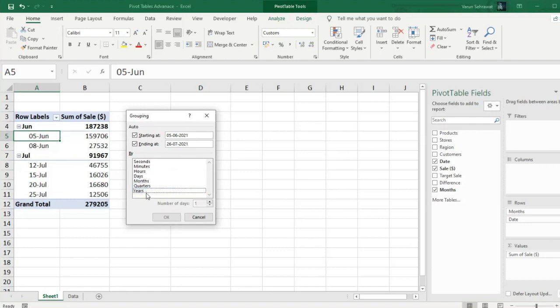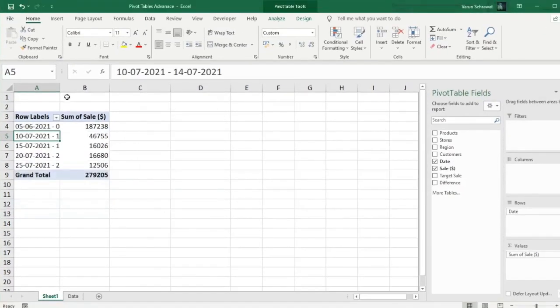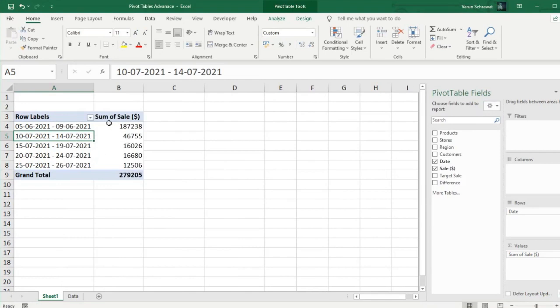For example, I want to see my data by every 5 days. So select days and here number of days 5. Click OK, and here you will have your own custom group by date.